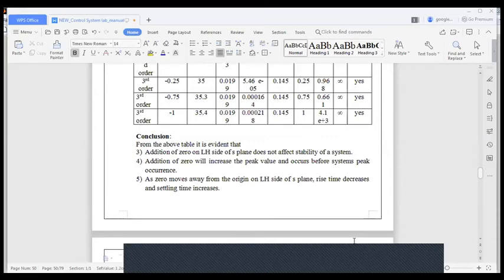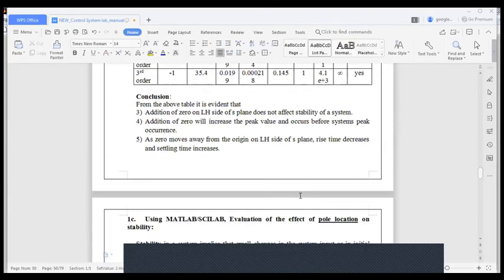Next problem. This is simple, actually it's mechanical, you only have to check for so many cases. Next case, when we have to study the effect on stability when you change the pole location. That is in your lab manual 1C.